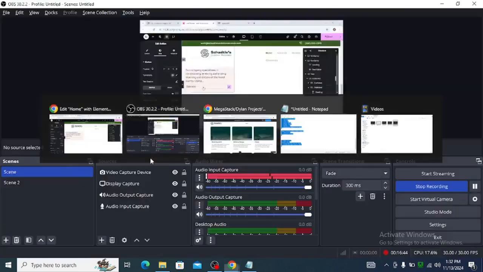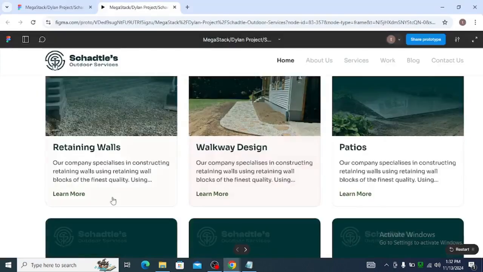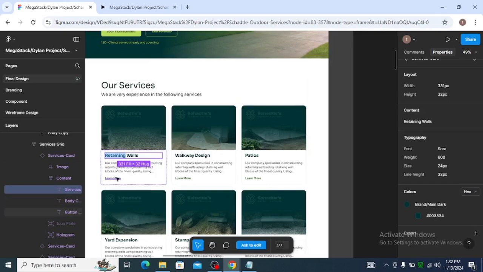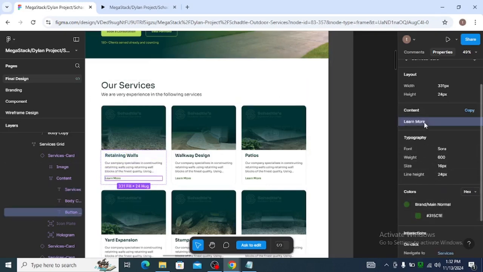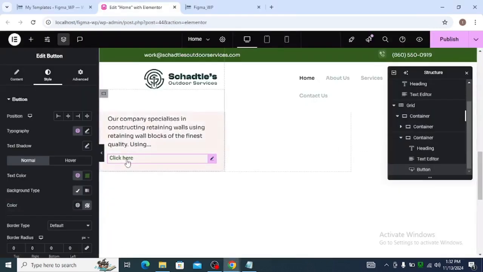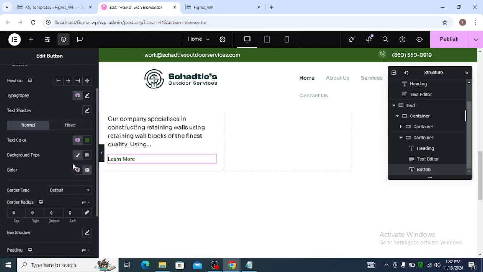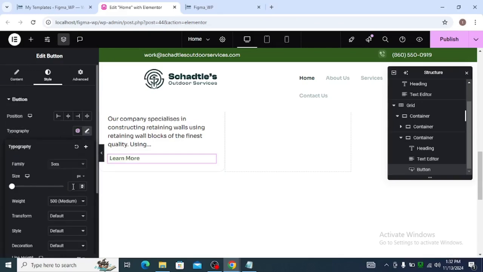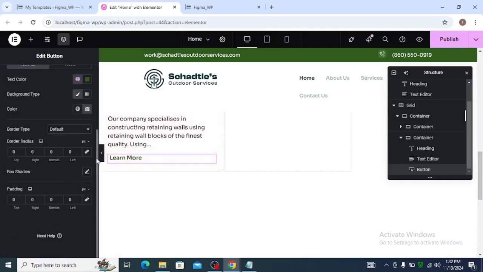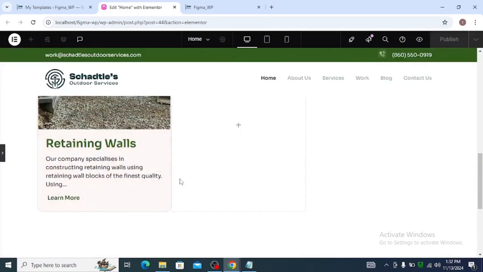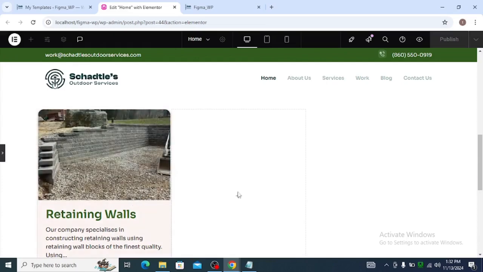So let's change the button. The button is learn more, and then let's style the button. The button font is 16 pixel, and then its width is 600. So learn more, width is 600, and then it is 600. So that is what we're having right now. Can you see? So once you hover on it,